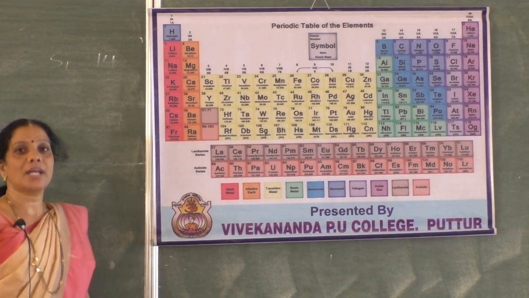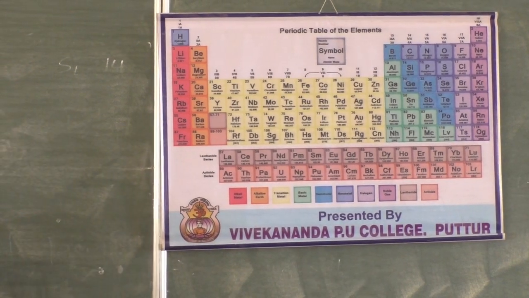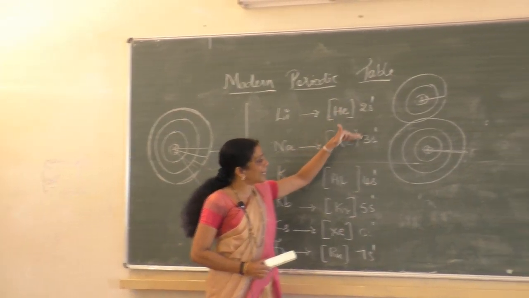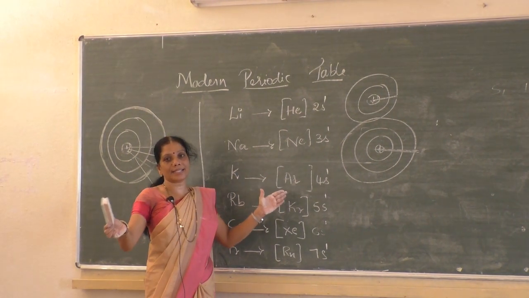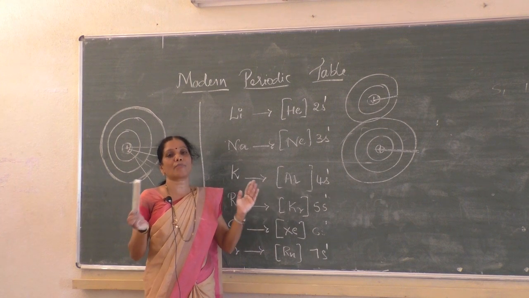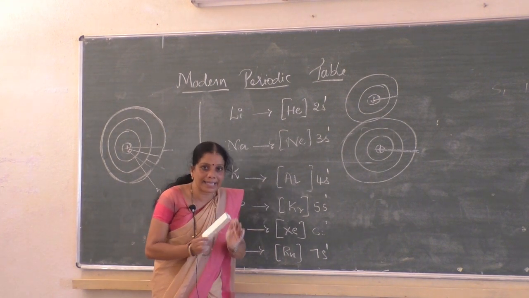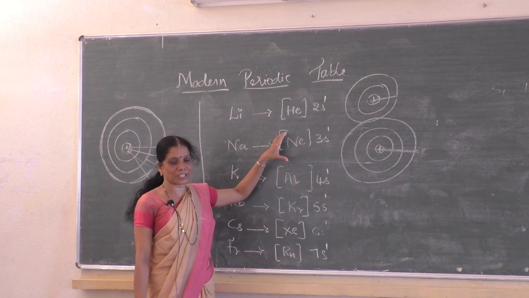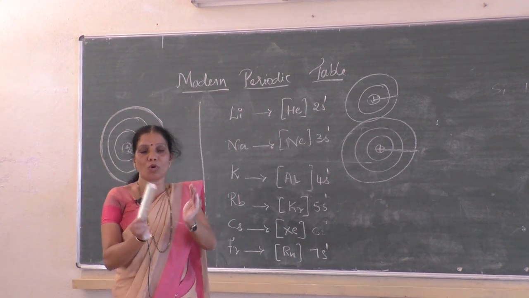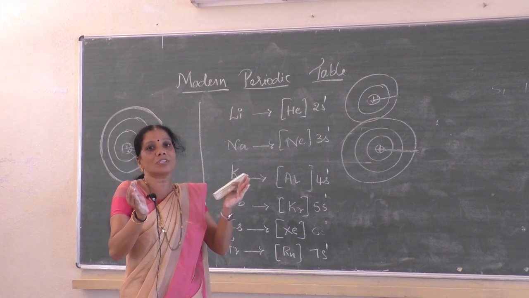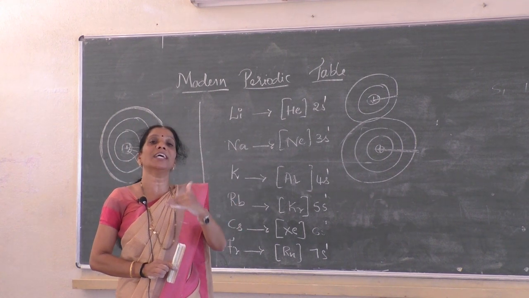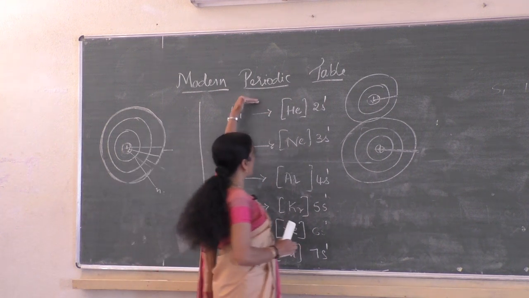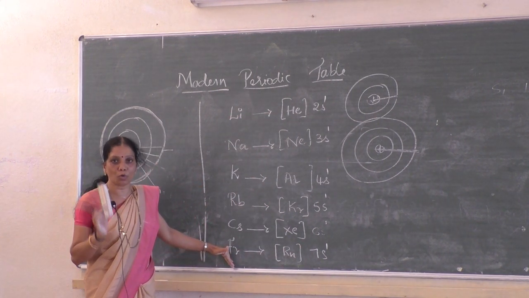Have you followed the reason, students? The reason is that the valence electrons enter into the next main energy levels. That means the distance increases, and simultaneously the nuclear force of attraction decreases. When the nuclear force of attraction decreases, electrons do not come closer to the nucleus, they move away from the nucleus. Therefore, the size goes on increasing as we move from top to bottom in a particular group.